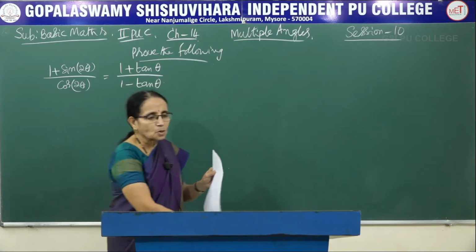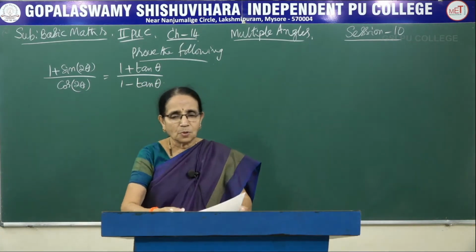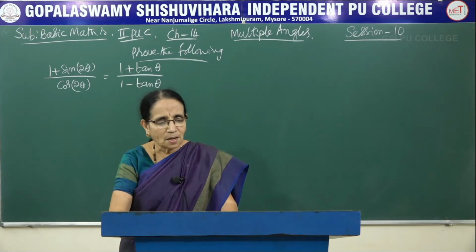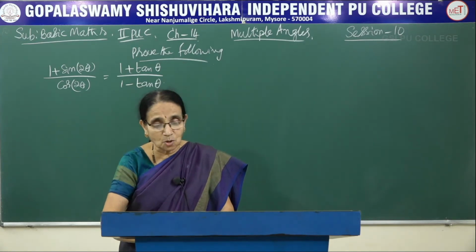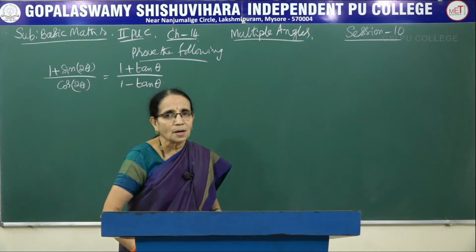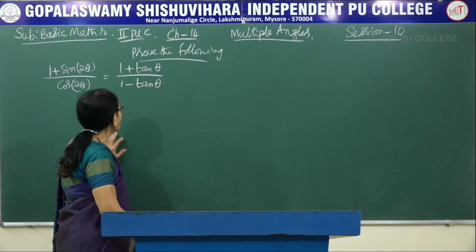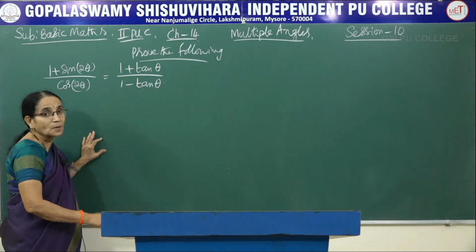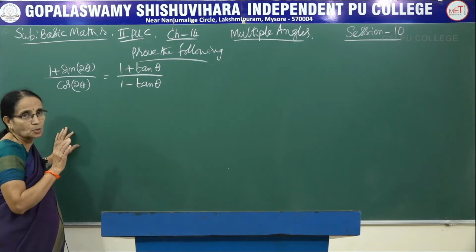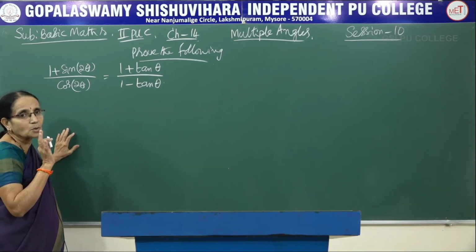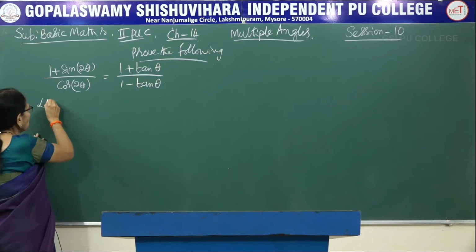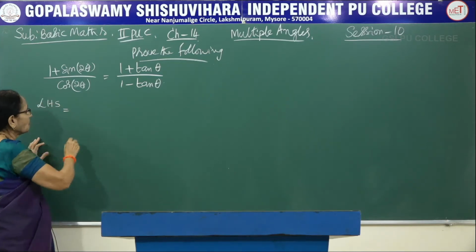So, on the left hand side also we have a fraction of two trigonometric ratios, and the right hand side is a tan ratio, 1 plus tan theta over 1 minus tan theta. Now look at the left hand side. We have sin 2 theta as well as cos of 2 theta. That tells us that we have to make use of the multiple angle formulae. So it is the left hand side.